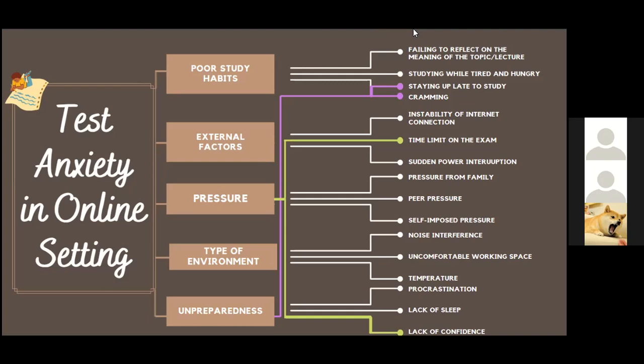The time restriction established for an exam is another external factor that contributes to test anxiety among students in an online setting. Some students are accustomed to checking the number of items on an exam and the time allotted to complete it beforehand. Short time limit as an external